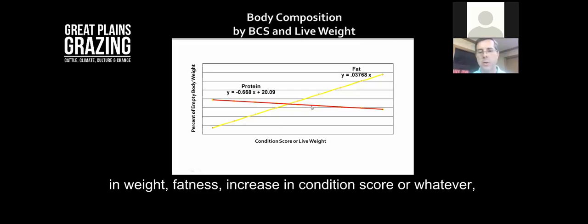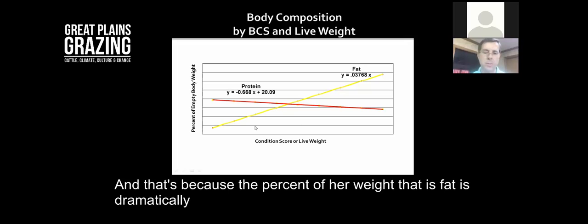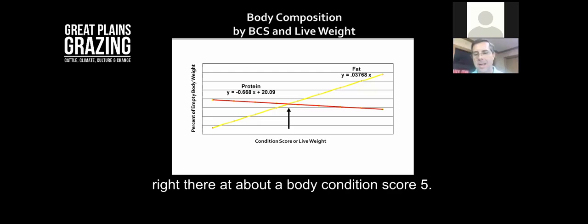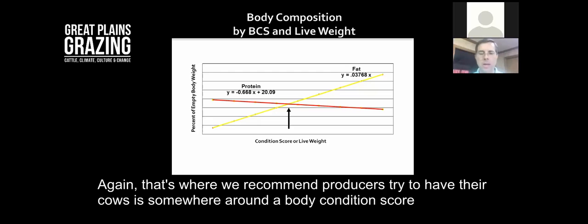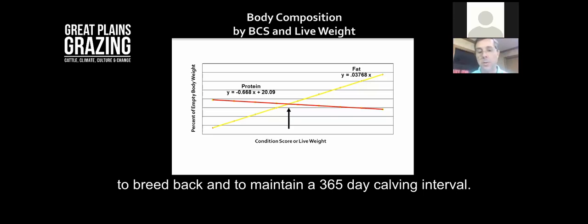As the cow increases in weight, fatness, or condition score, the percent of muscle in her body actually gradually declines. That's because the percent of her weight that is fat is dramatically increasing. Hopefully that makes sense. Well, those lines crossed right there at about a body condition score 5. Again, that's where we recommend producers try to have their cows at the time of calving, and that would give her the best opportunity to breed back and maintain a 365-day calving